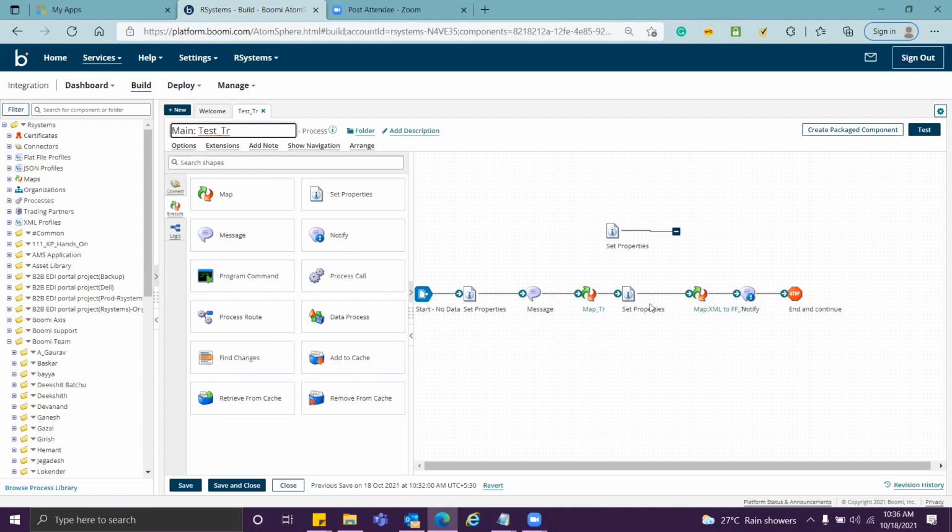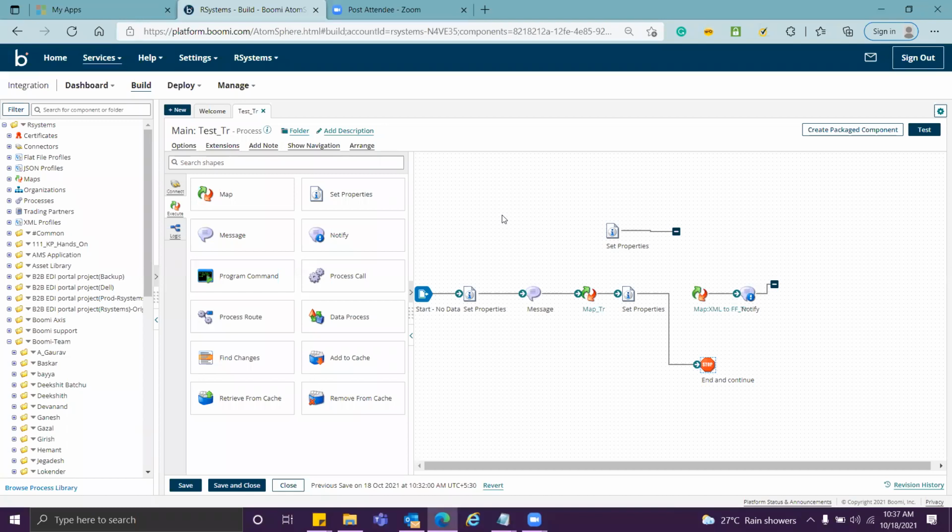Within this process, I only did it till here. I mapped my JSON into an XML profile.